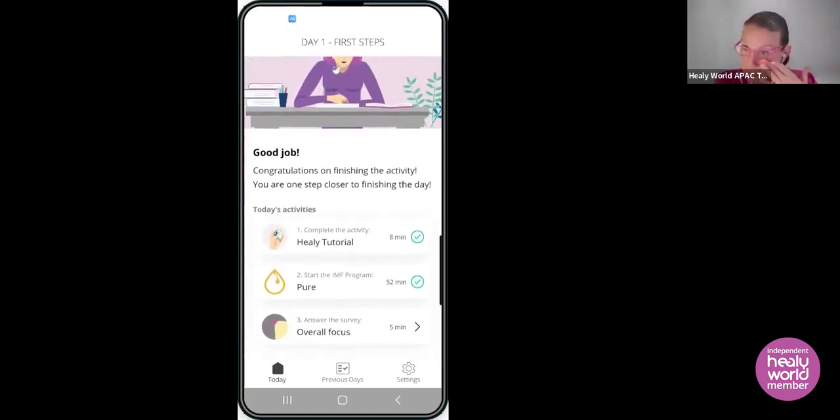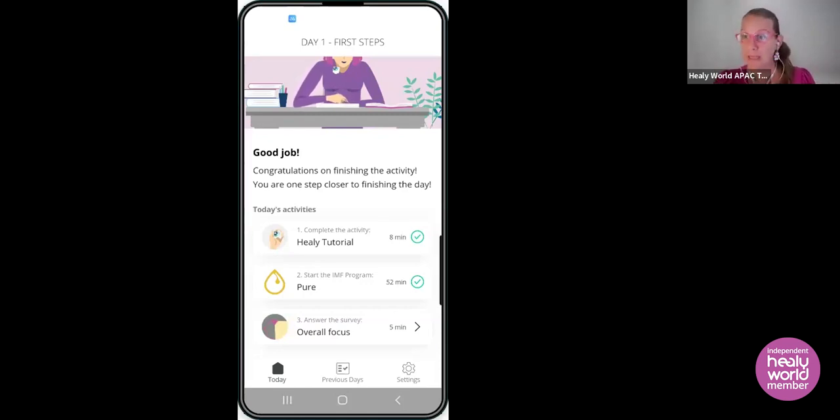So this is really simple, and it's actually guiding them every single day, telling them what to do, holding their hand without you needing to tell them every single thing, so they can be independent and have their own experience away from your experience, because we want them to have their own experience. We don't want to influence them too much. Of course, we can share our story, we can share our excitement, but the most important thing to understand is people need to have their own experience in order to